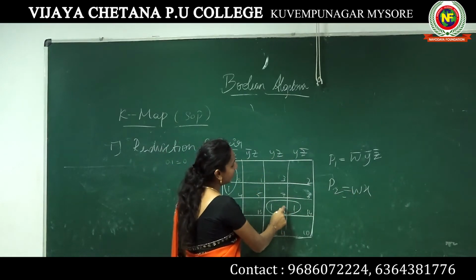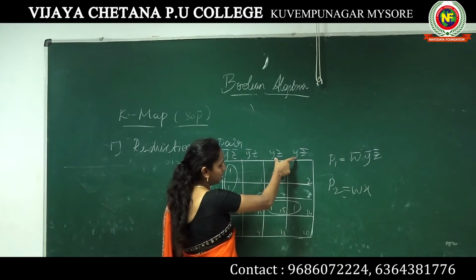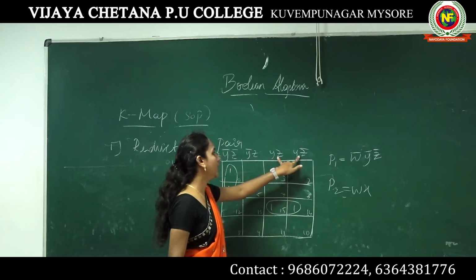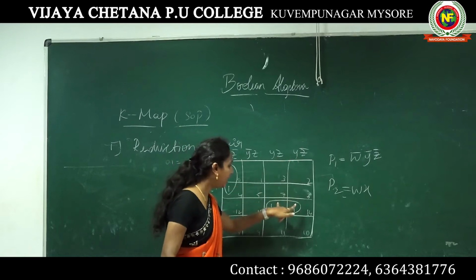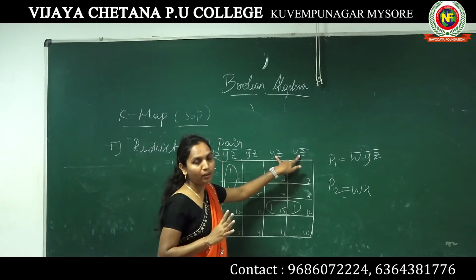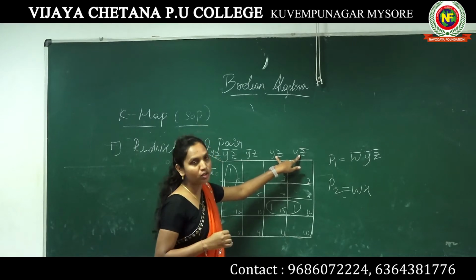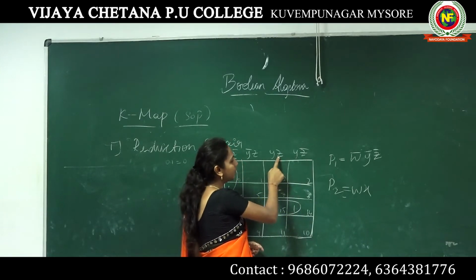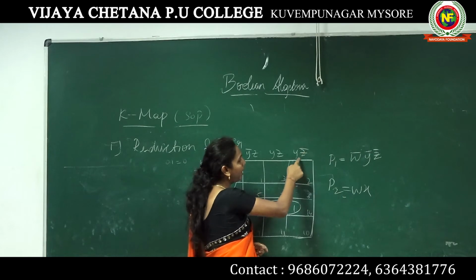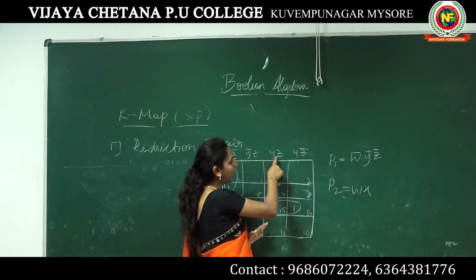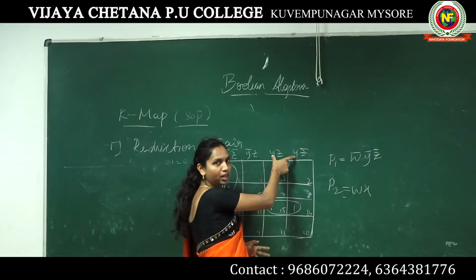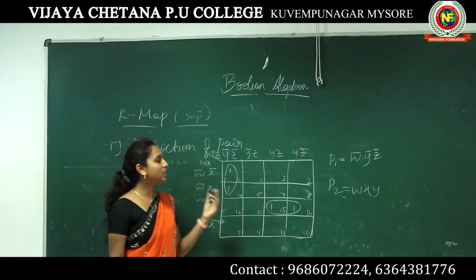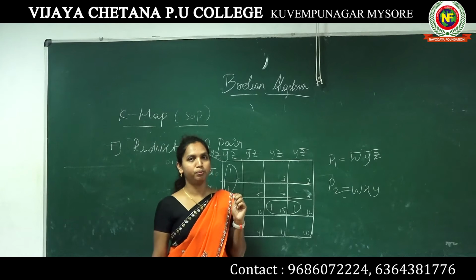Next, from vertical we have the 2 boxes occupied. So I am taking these 2 expressions, which means the variables. Here we need to compare, because in vertical we have 4 variables, right? So in 4 variables we need to reduce it. Just compare these 2. Which will be cancelled? Z, because here Z, here I have the Z bar. So it will be cancelled. No need to write the Z bar and Z. The remaining variable is y, so I just write the y here. This will be the output for the pair 2, P2.